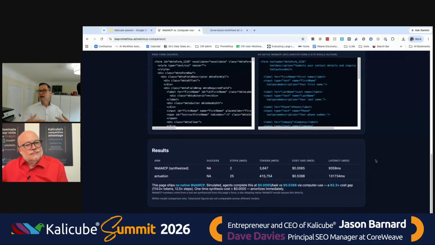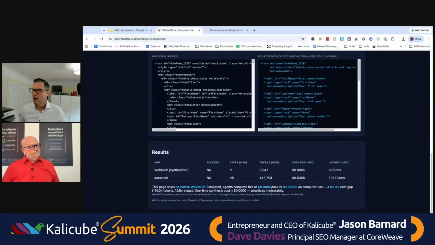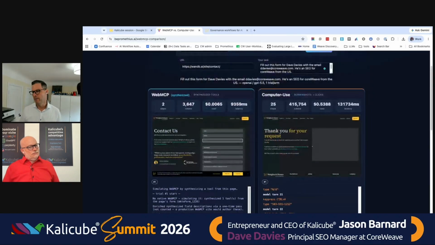So if I'm OpenAI trying to fight to keep my things affordable but still serve the user, and I go, Dave's form has WebMCP installed, Dave's competitor's form doesn't. Does the user want to hang about for more than 2 minutes while it figures this thing out? And do I want to incur a cost of 54 cents? Or do I want to do this in a fraction of that time and a fraction of that cost? So this is just the case for just doing this.